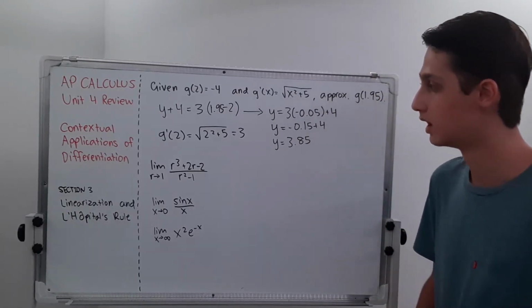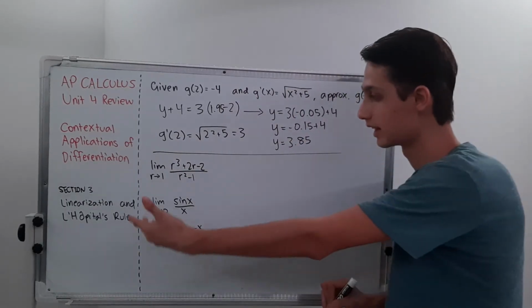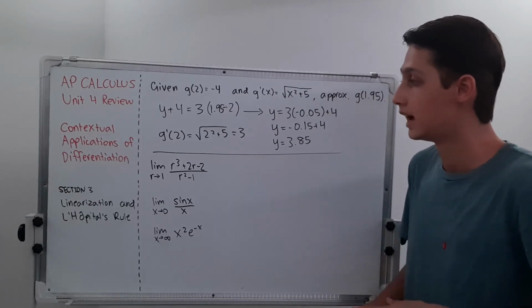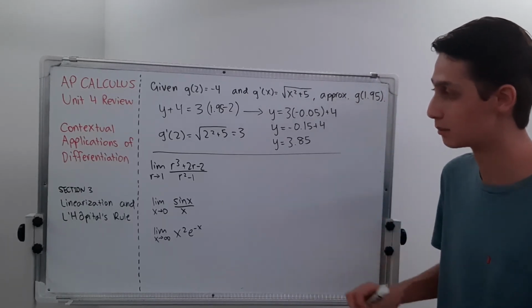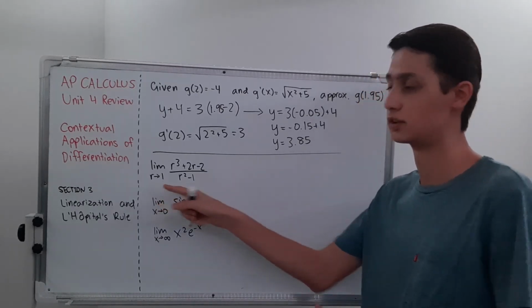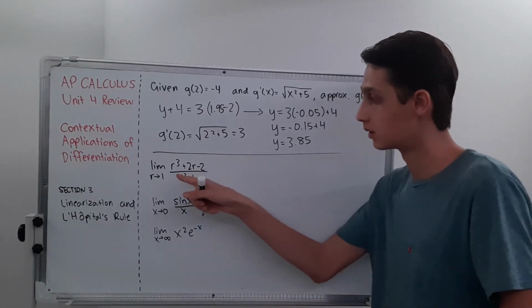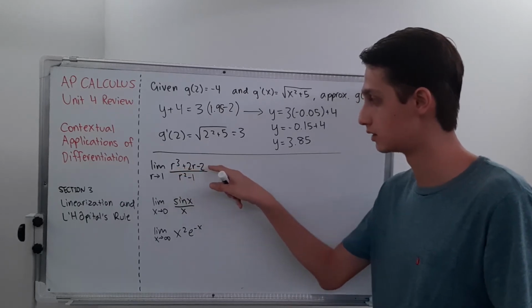Now I want to talk about L'Hopital's rule, which is a rule that'll help us with limits. We're going to revisit limits briefly, and basically, now that we know how to take derivatives, we can help whenever we solve limits. If we try to solve this first limit, and don't be scared by the r, it's just a variable, r cubed plus 2r minus 3, if we plug 1 in here,